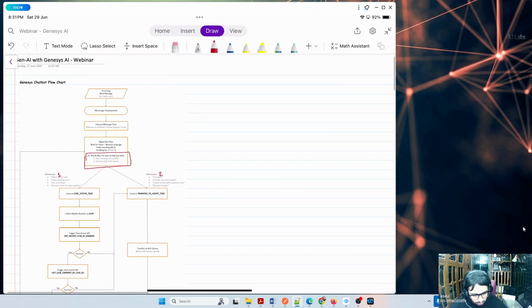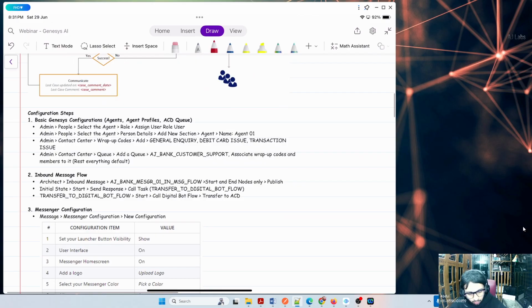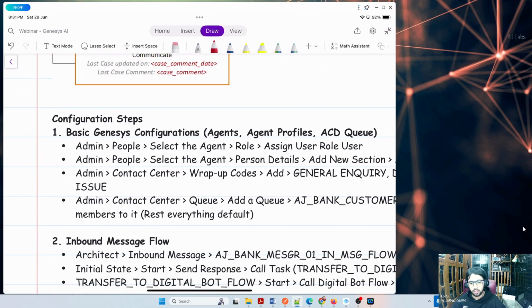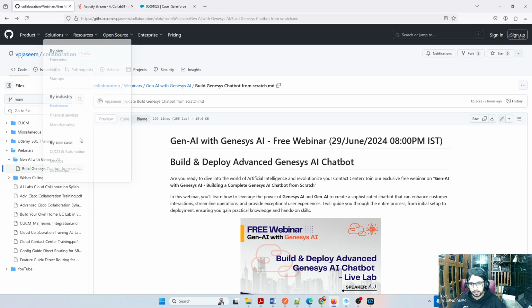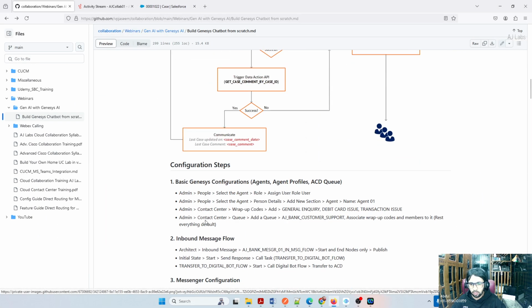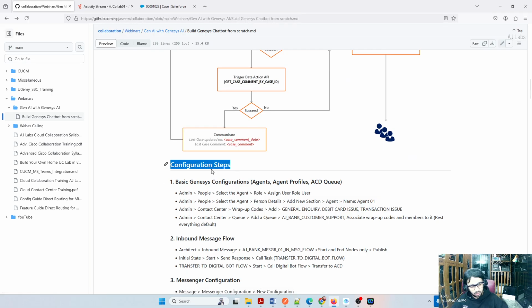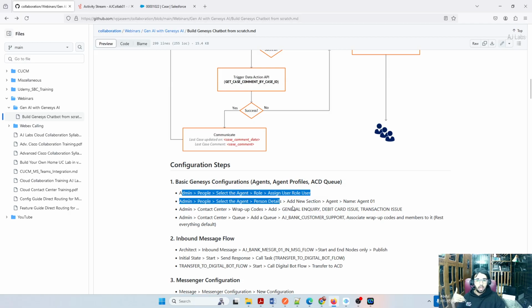Okay, so once the flow is ready, we will talk about a few configuration items. I am taking the same thing from here, the node which I am demonstrating right now. It's all available here, the same link which I sent you. So we are right now at the configuration steps. A few things we need to configure as a basic configuration in Genesys. I will quickly go through that. By the way, this is not a Genesys administration training. These are part of administration, like creating users. I'll just show you what I have, how we can see the users, and how we can create a queue, because that's the queue where I will be forwarding the real chat, meaning human chat.